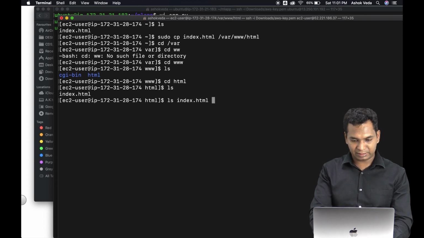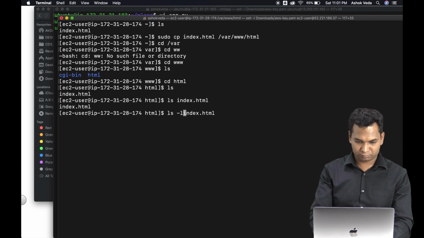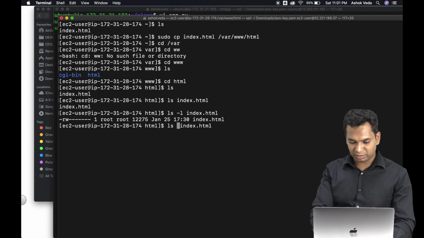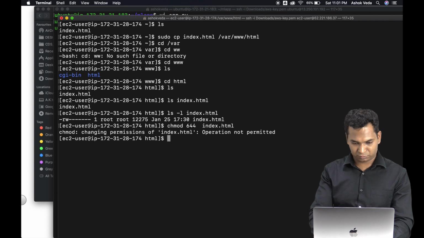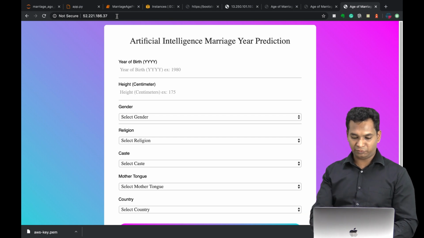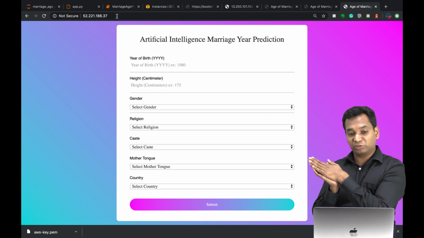Okay, so ls index. It has read and write access. I need to grant execute access. So I'm going to give 644 access to it, by using chmod 644. Permission denied. So I'll assume super user, sudo. Done. Let me refresh. Okay, so we got our app running on the EC2 server, as a separate